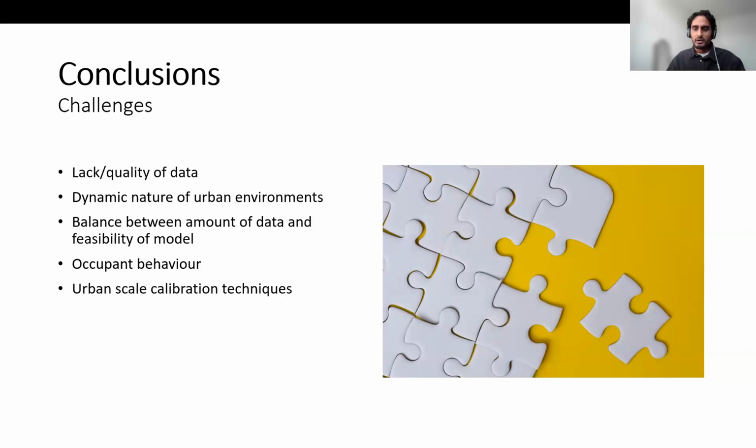So far, occupants have often been represented as deterministic average heat sources, but recent research has shown it's probably not the best way to do things, and stochastic modeling of occupancy patterns is an active area of research. And this is an important area to address because occupancy is one of the biggest sources of uncertainty when doing urban scale modeling.